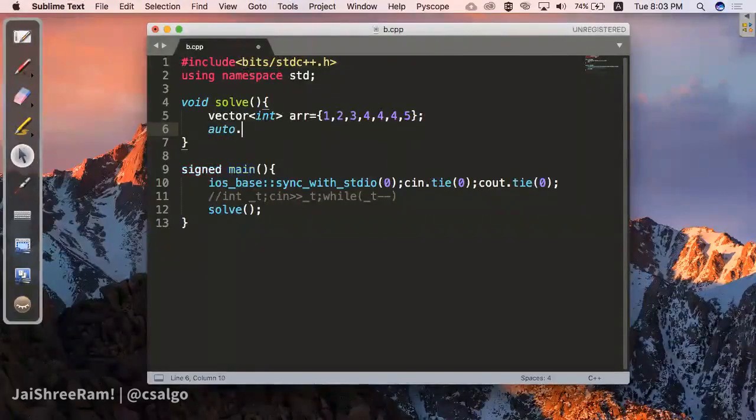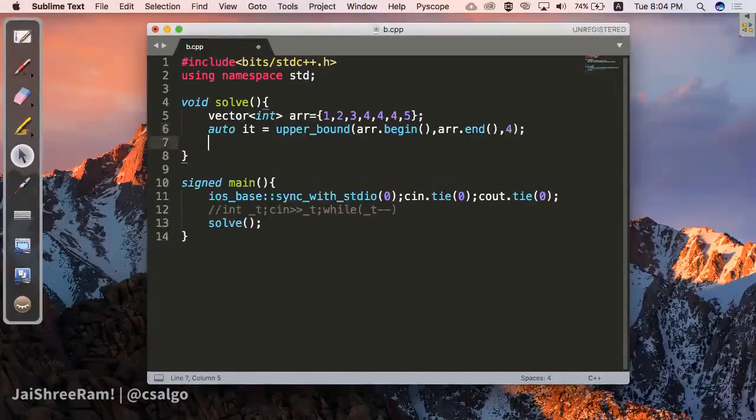let me give you the syntax quickly. This is how you write it. Let's use upper bound of arr.begin. arr.begin and arr.end are two iterators on STL, and these are covered in detail in the rundown video. Let's try to search for 4, and also let's call the lower bound. Just a quick iteration on this.